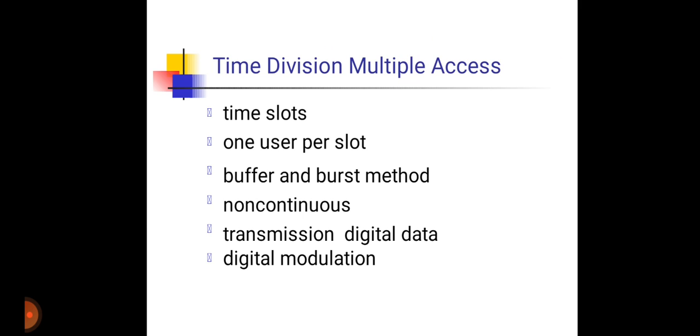Now, tuning into a certain frequency is not necessary. That is, the receiver can stay at the same frequency the whole time. The users transmit in rapid succession. TDMA is used in digital, that is 2G cellular systems, such as Global System for Mobile Communication, that is GSM, IS-136, PDC, Personal Digital Cellular, and iDEN, and in the Digital Enhanced Cordless Telecommunications, that is DECT standard for portable phones.